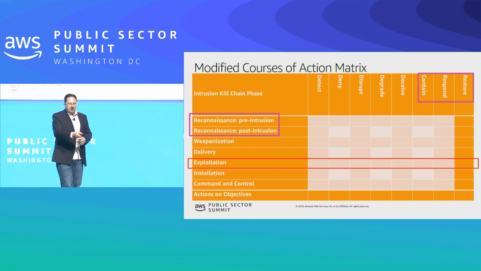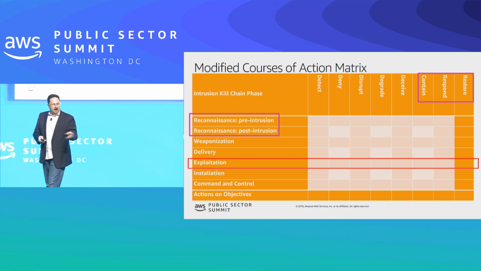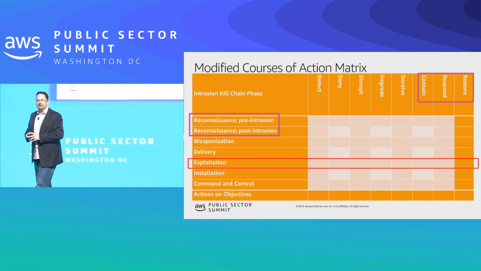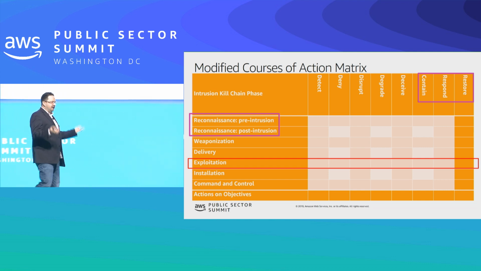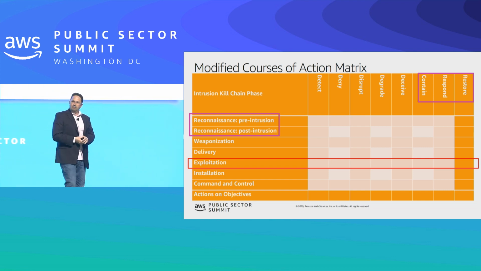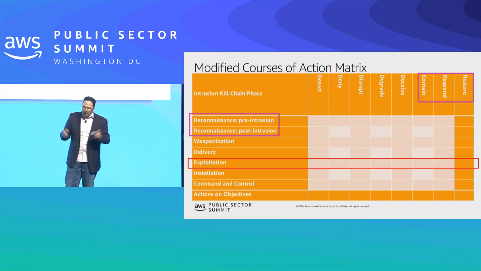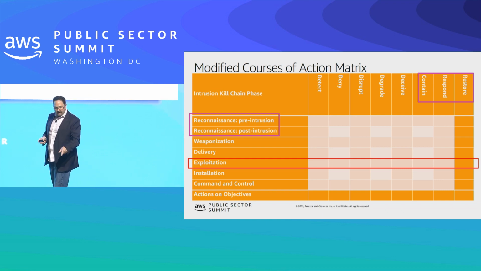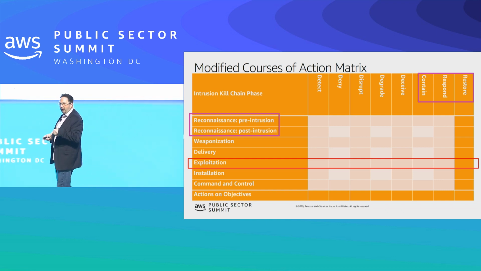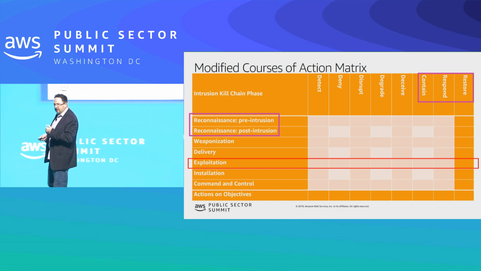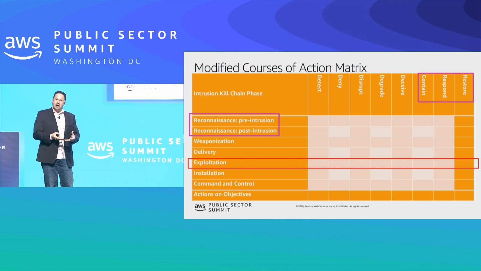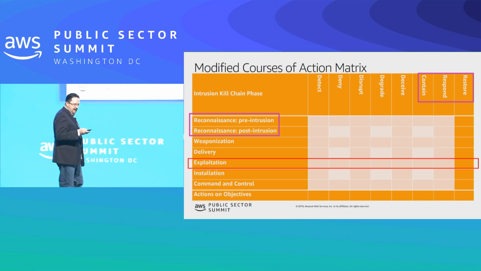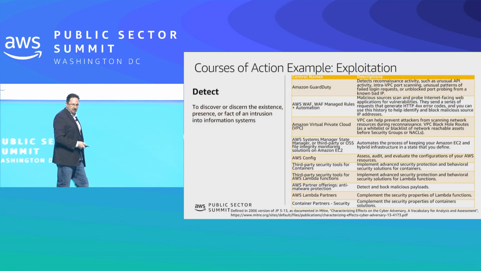All right, so I'm going to walk you through an example of the kill chain for exploitation. In this scenario, the bad guys have already figured out that they're attacking me. They figure out that I use, let's say, a PDF reader. They're going to send me a malformed PDF, and they're going to try to get me to double click on that PDF out of an email. When I do, it will try to exploit a vulnerability on my system that's not been patched. Okay? So we're going to walk through exploitation.